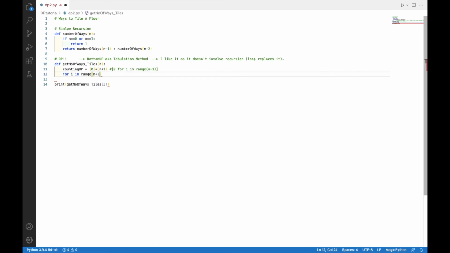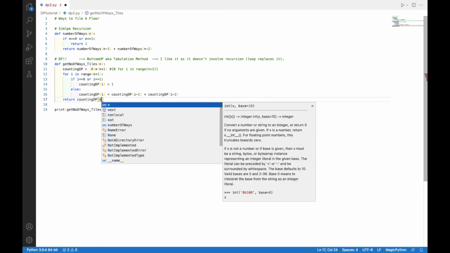Now I will iterate in the loop, and if i is equal to 0 or 1, what I will do is set count i equal to 1. It's just to make sure that I have n minus 1 and n minus 2 ready. And now if i is greater than or equal to 2, what I will do is counting dp i equals counting dp i minus 1 plus counting dp i minus 2. At the end, I will return counting dp n.